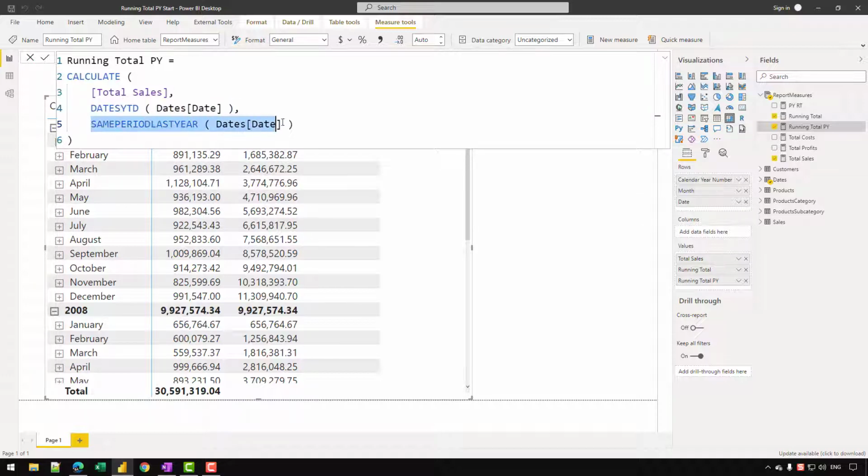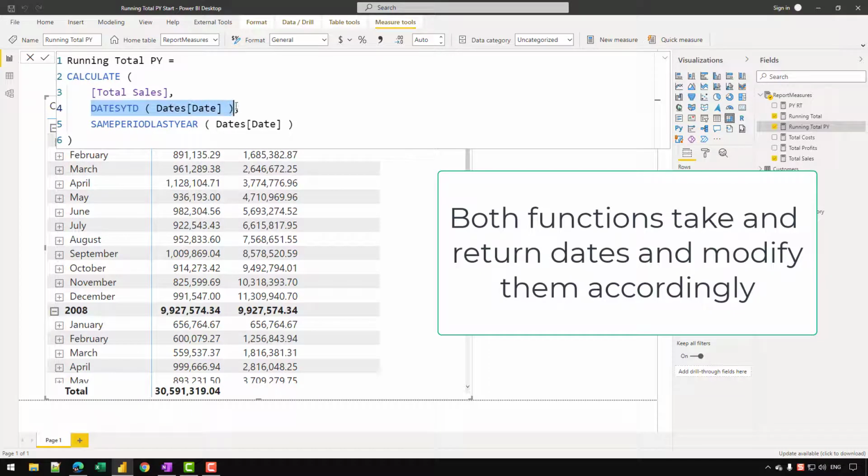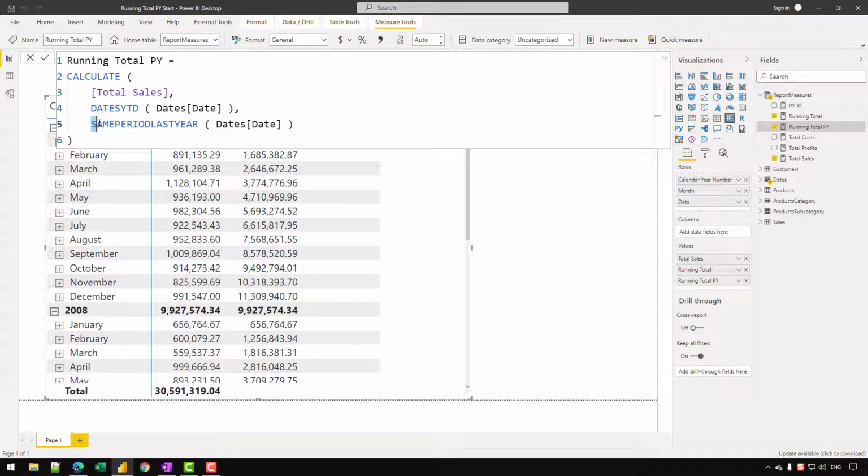But what same period last year does is it shifts the current date into the previous year. So if the year is 2007, datesYTD gets all the dates for 2007, but same period last year returns the dates for 2006.